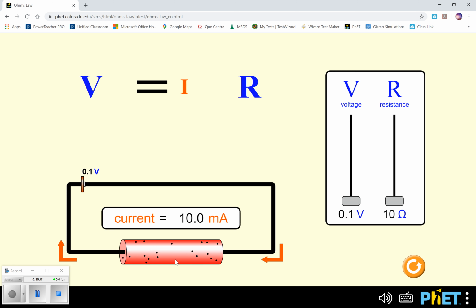Here's our conductor itself, our potential difference applied. And there's going to be some type of flow of current or charge flowing through this circuit. Right now there's 10 milliamps worth of current flowing through here. Now, if I wanted to